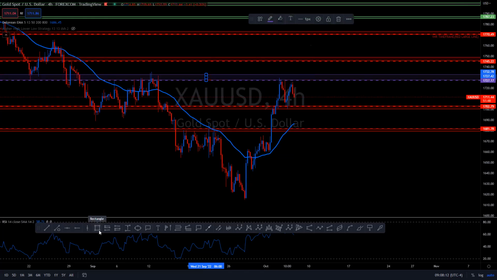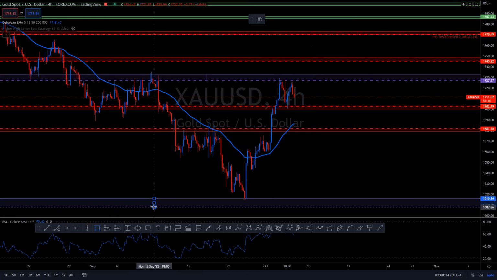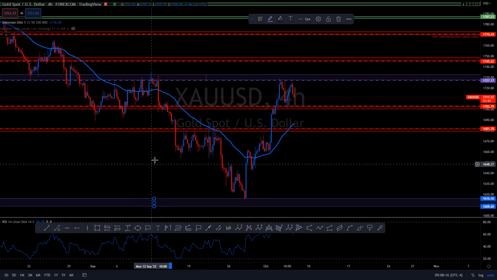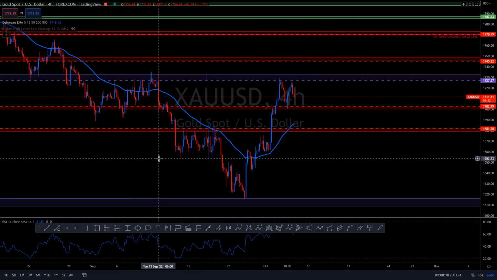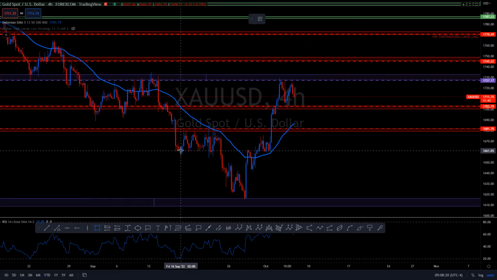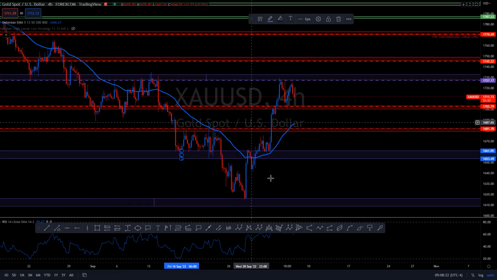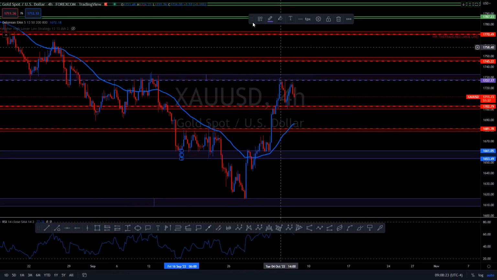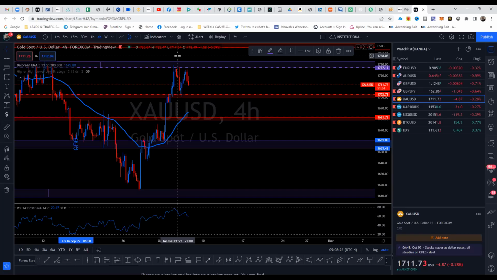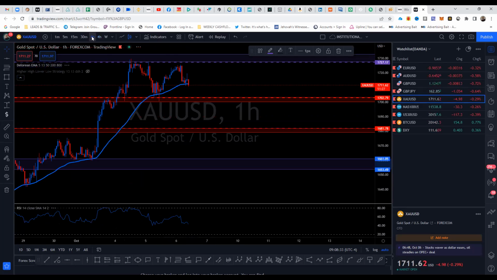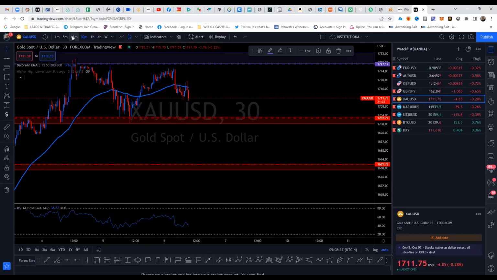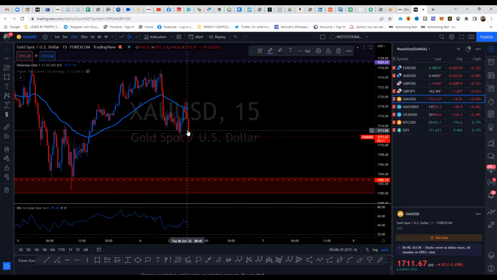Of course, we had a major demand down. So that's what I'm thinking. I'm thinking that price is bearish at the moment, but it's going to hit this zone, right? This structure swing. So let's go to the smaller time frames. And yeah, price is going bearish. I can see that. 15-minute.